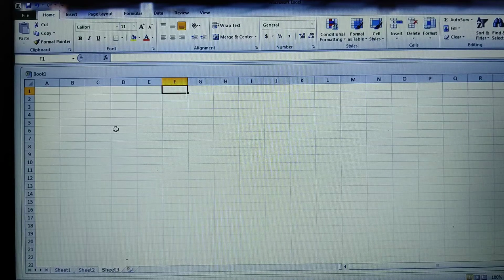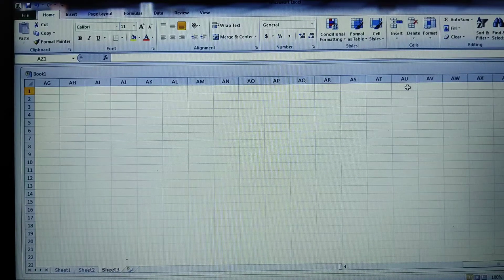Then how many columns do we have? The columns range from A to XFD. What is this A to XFD? How are they numbered? If you carefully observe, when we reach Z, look here, it starts again with AA, then AB, AC, like this, up to AZ.